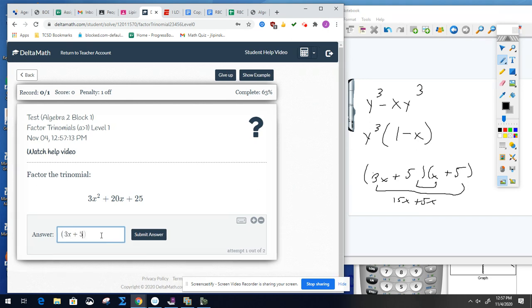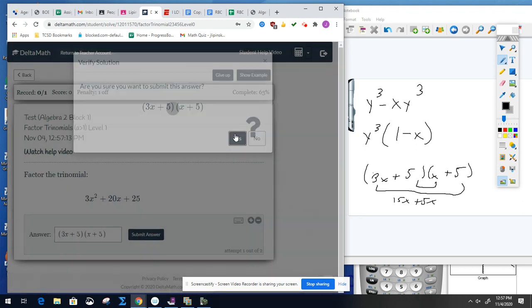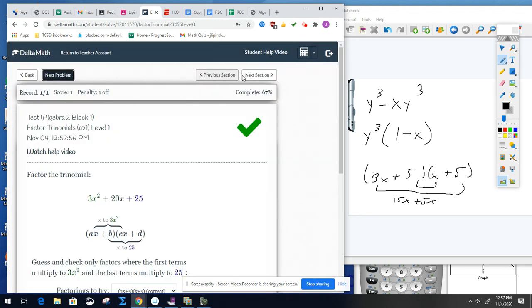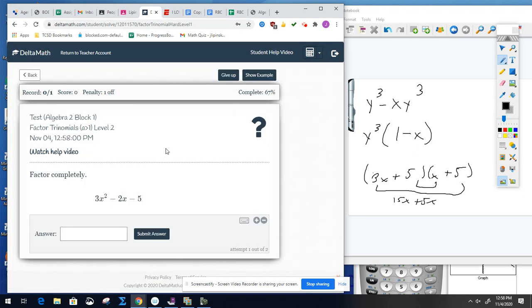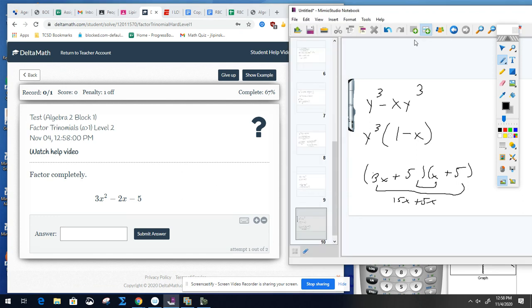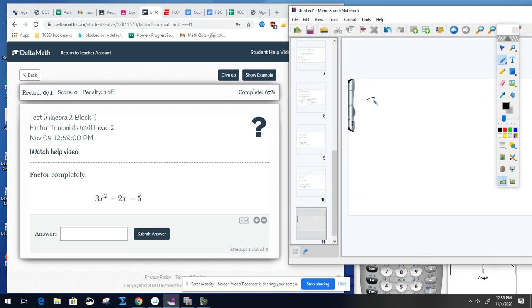Those of you that understand the math and your numbers really well, you see, man, that's pretty simple. If not, then you're doing the x method and you're factoring it that way like I taught you in the notes. Okay, same exact thing here. I've got a 3x squared minus 2x minus 5,